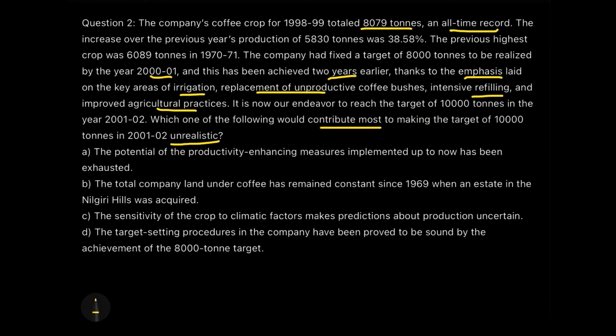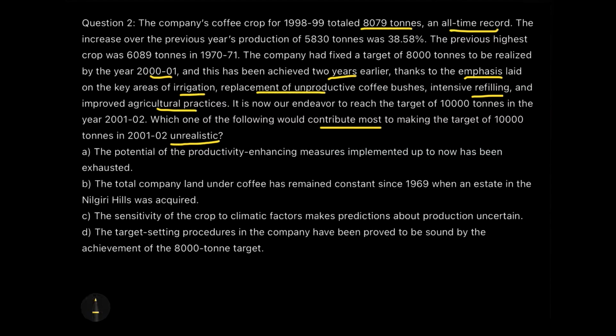What needs to be my shadow answer? My shadow answer can be the fact that if I don't work in the same way as I was working in the previous years, I would not be able to achieve that turnover or that production. Similarly, if something happens which would stop me, or keep me stagnant at the same place of production, then also I will not be able to increase the production.